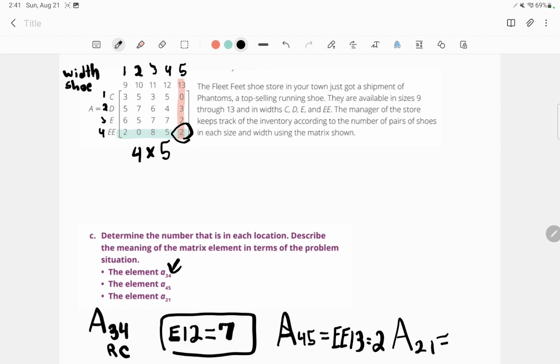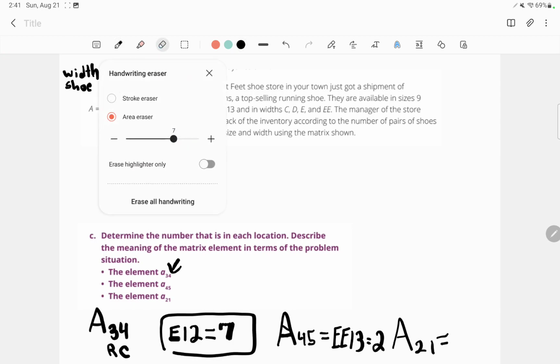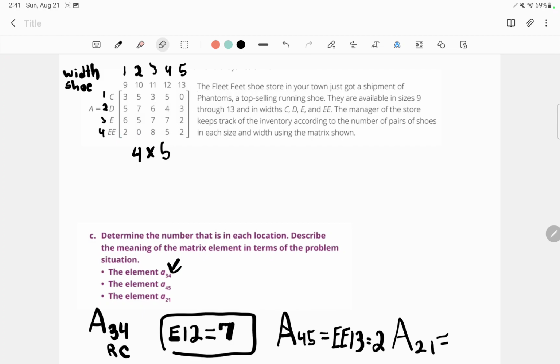Now I'm going to go ahead and do the last one as well. You should have been able to do both of them. It's pretty simple, pretty straightforward. It's going to say we need column or row 2, so we're going to be looking at row 2, and then what column? Column 1 right here. So what shoe pops up? It's going to be my D, size 9. And how many of those do they have? They have 5 pairs of those,